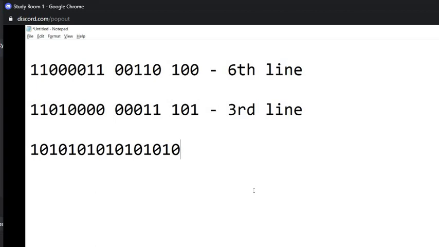So for the third example, we'll split it up again. For the fourth example, the third we have already done. For the fourth example, we split it up as 010, this is the word part. Line 21. Correct.